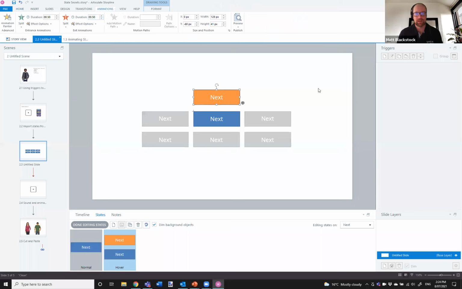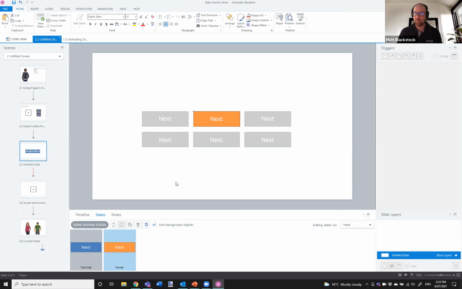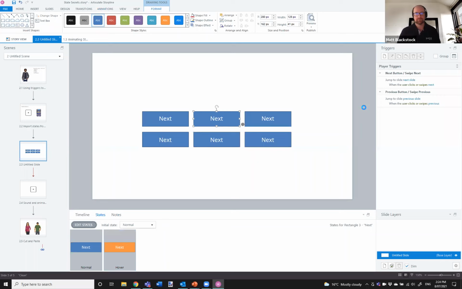All right. And then all I need to do is line up those two buttons so that the animated one is directly on top of the original one. I can do that via my arrange and align tools located under the format menu. Once that's done, I'll hit done editing states. Let's have a quick preview.